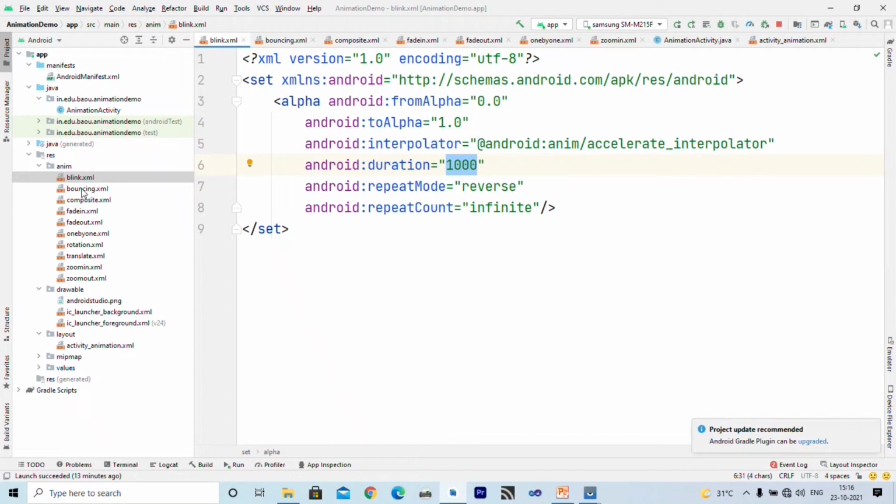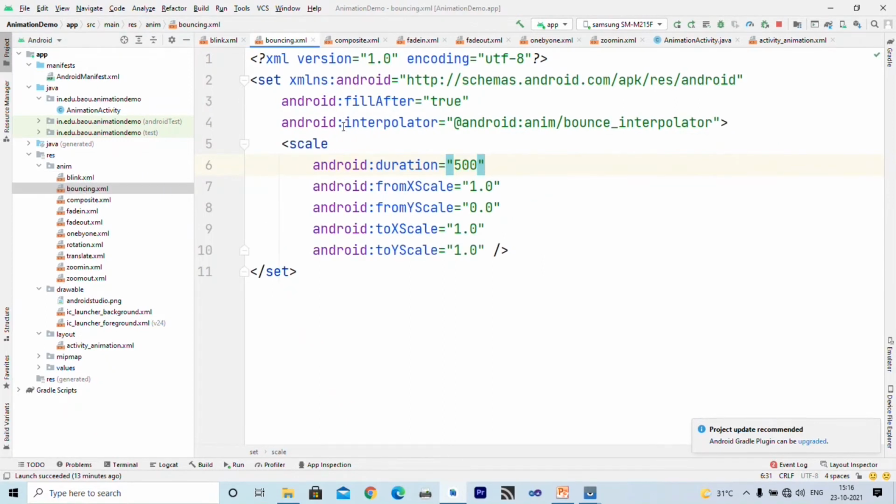Then we have bouncing. Here you can see fillAfter is true and the interpolator is bounce interpolator. That means we want to provide a bouncing effect. Here I specify duration as half a second. These specify scaling. X scale is 1, that means 100% width.